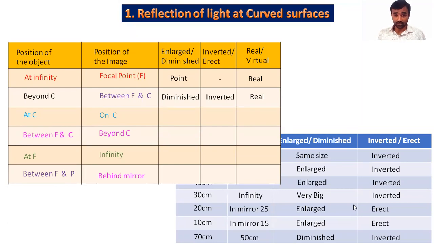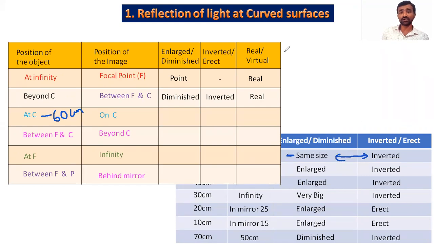Right. Okay, here simply I'm going for the next one. At C. At C means what? At 30 centimeters distance. But here in this case, I am not going to write any characteristics. Sorry, at C means 60 centimeters, not 30 centimeters. At C means 60 centimeters. Are you following me or not? Just find out my mistakes. So at C, it is 60 centimeters. So where is 60 centimeters? This first one,